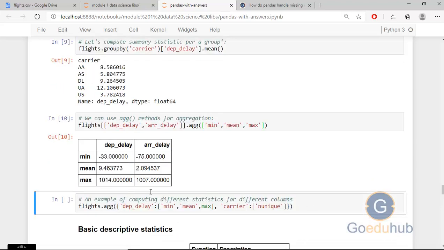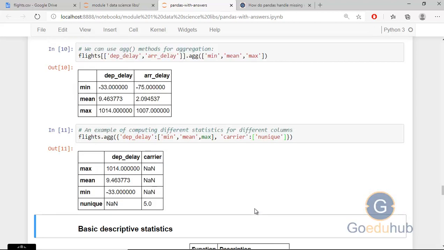Similarly, here is an example of computing different statistics for different columns. Here we have calculated the three common functions for the two columns. Now what I want is some separate functions for one particular column and some separate functions for another column. For departure_delay, I just want to calculate min, mean and max, and for the carrier, I just want to calculate the unique values.